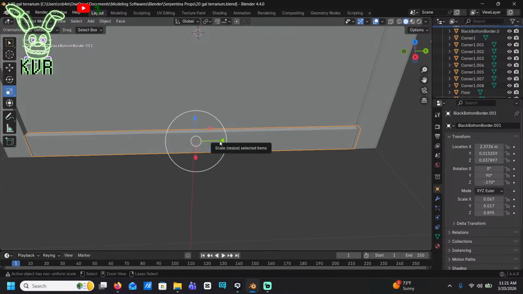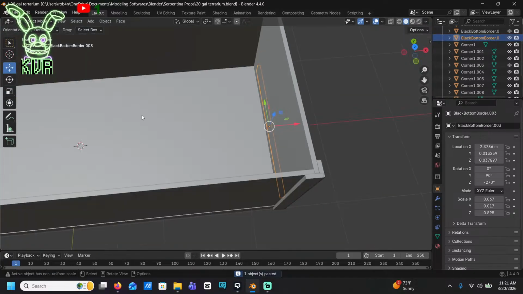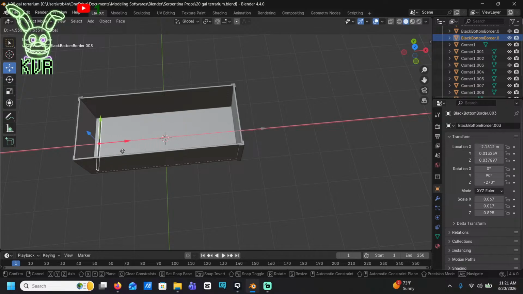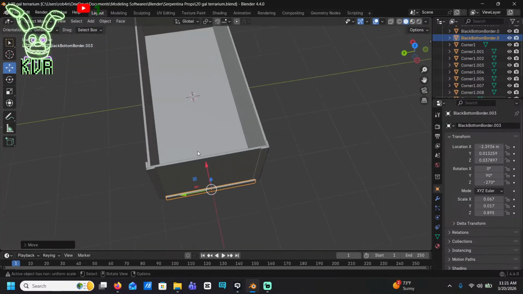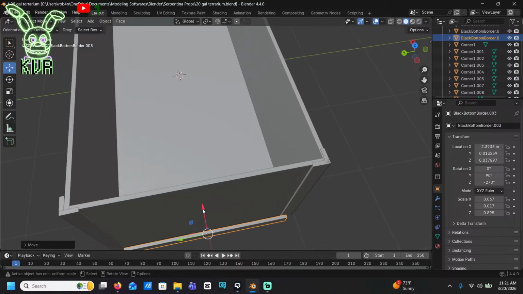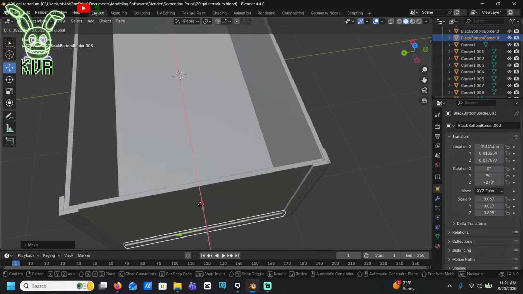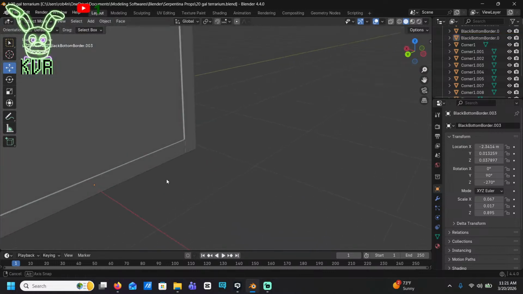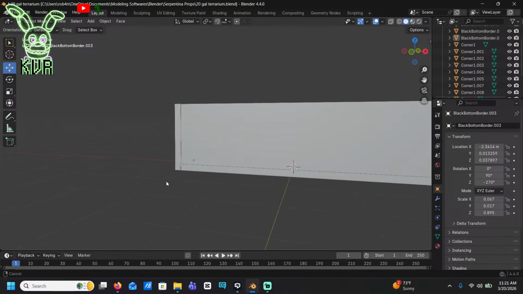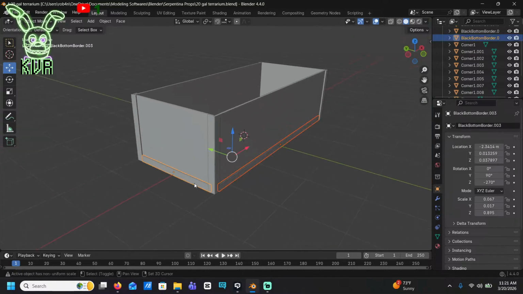Looks okay to me. Whee! Yep. And we. Behold my box. Oh, I have to duplicate all of these and put them along the top too.